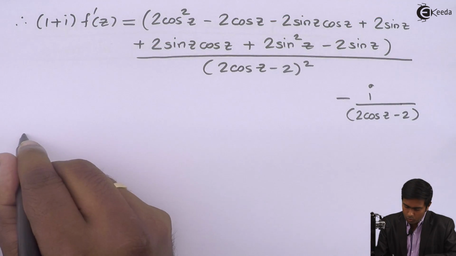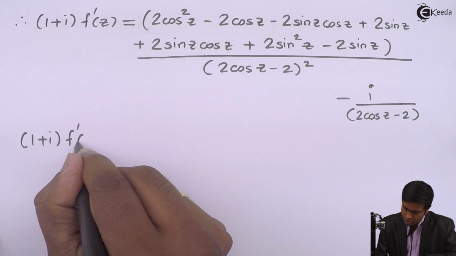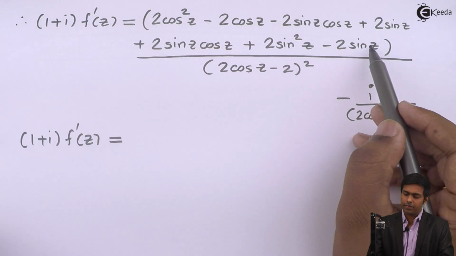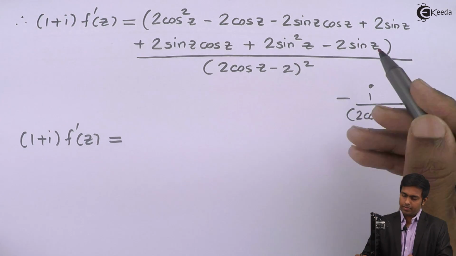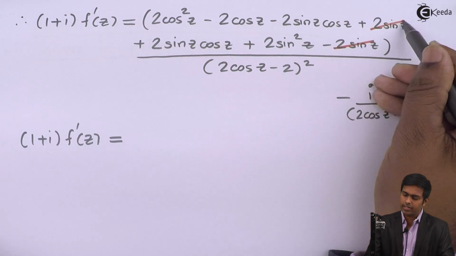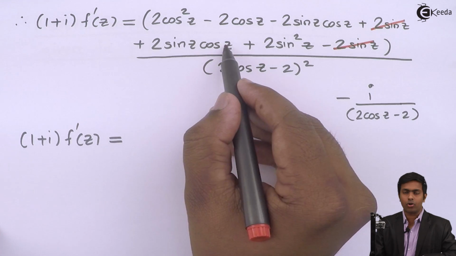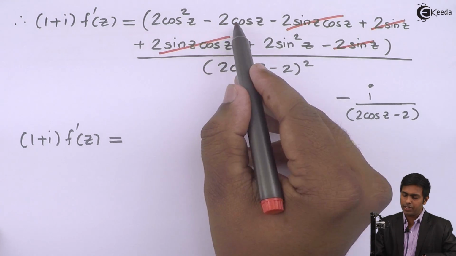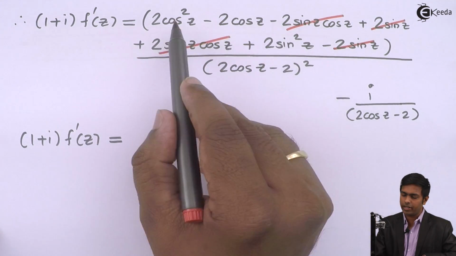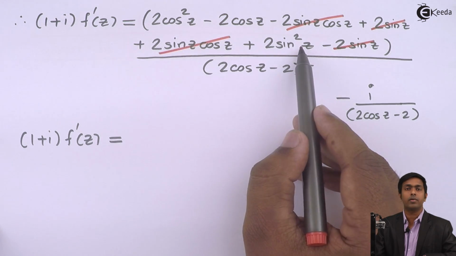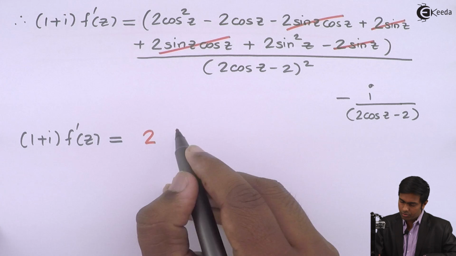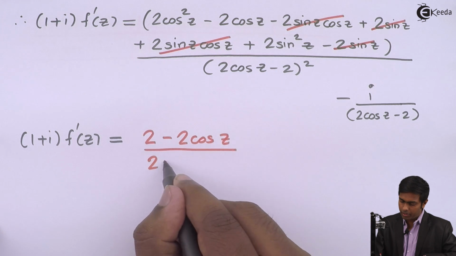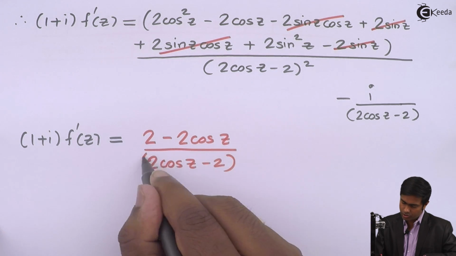Next, (1 plus i) f dash of z equal to, now from this numerator we can cancel this minus 2 sin z with positive 2 sin z. Next, 2 sin z cos z with negative 2 sin z cos z. Here minus 2 cos z as it is, and from these 2 terms we can take 2 common, and cos square z plus sin square z will become 1. So here we will get 2 minus 2 cos z upon the denominator, (2 cos z minus 2) the whole square,